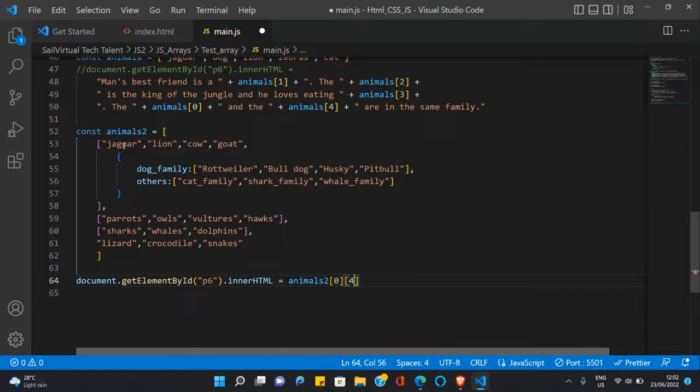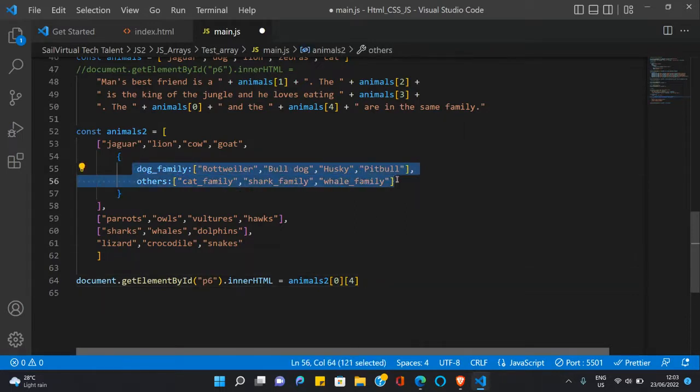Because this has an index of 0, 1, 2, 3, and this entire value here has an index of 4. But remember, it's an object. So when you're trying to reference it from the outside, it would actually take the referencing of the one covering it. But the moment you want to reference inside, you would have to use a particular way of referencing the data type itself. So within this object, we have two key value pairs, the dog family with its own value